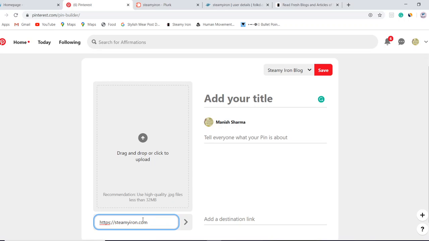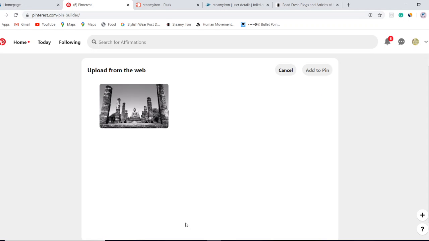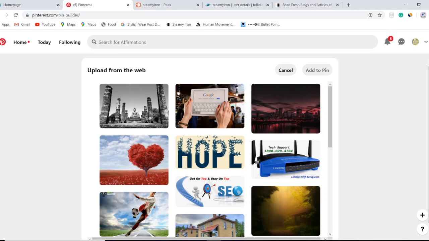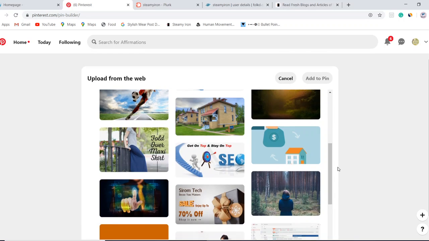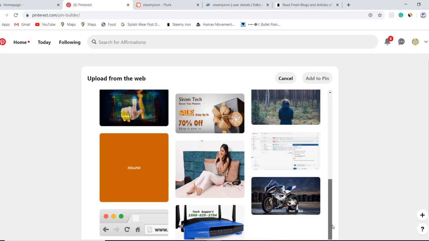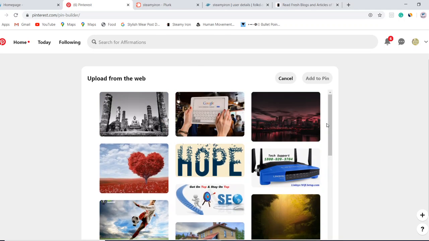Control V. I need to enter an image here and make sure the image is related to the theme of the blog.